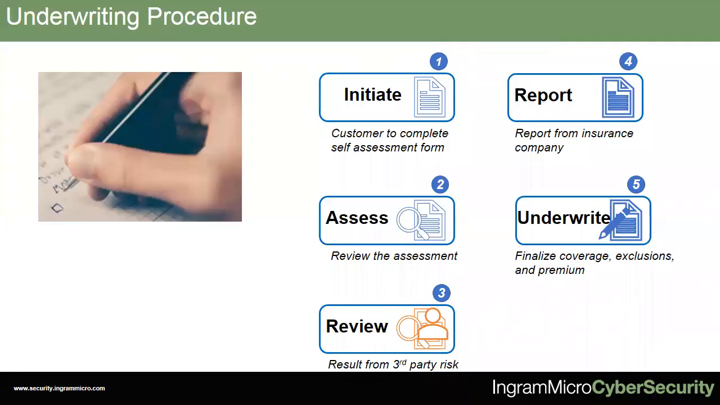So basically, it's a 5-step process. Step 1 is initiate. Step 2 is assess. Step 3 is review. Step 4 is report, and step 5 is underwrite. So the first step is initiate. What happens here is that